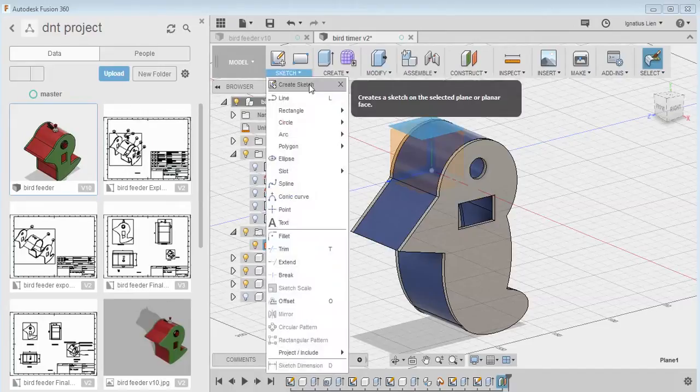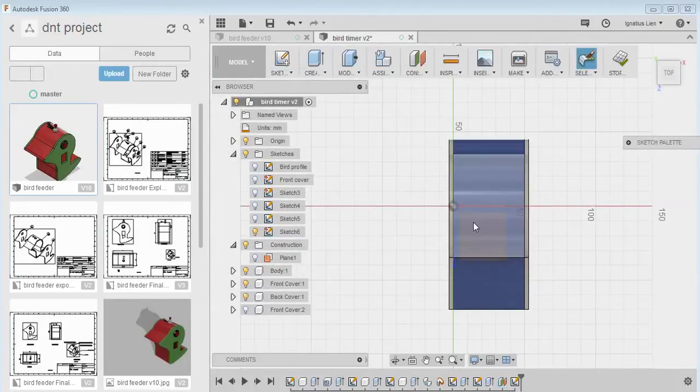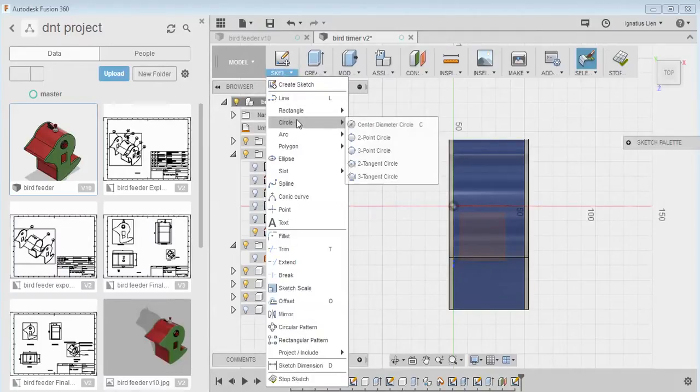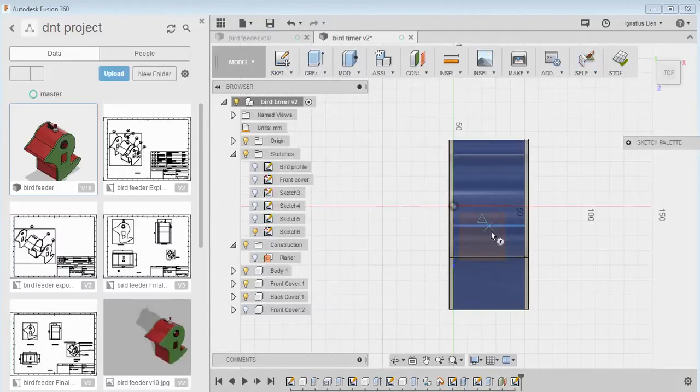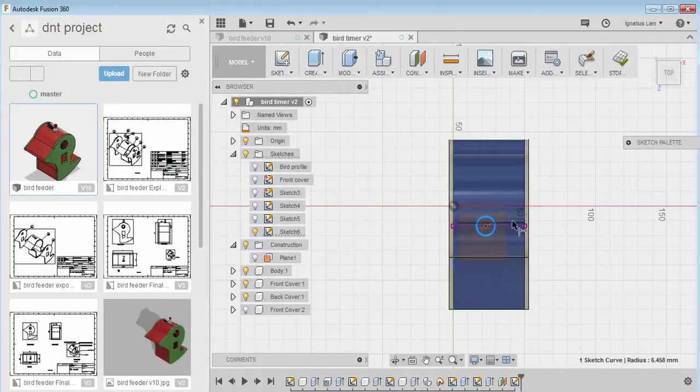So you create a new sketch here on this surface, and you can do maybe a circle. Remember to put dimension. Put whole numbers.